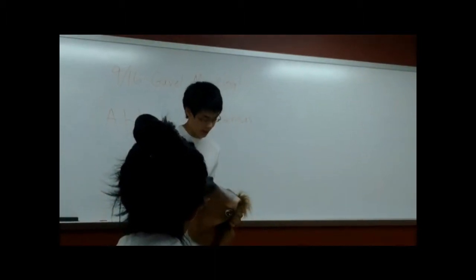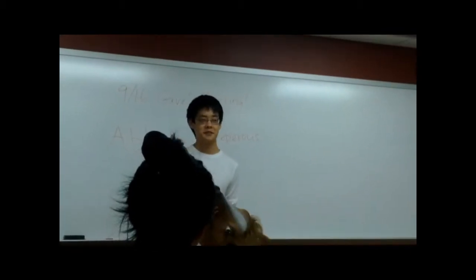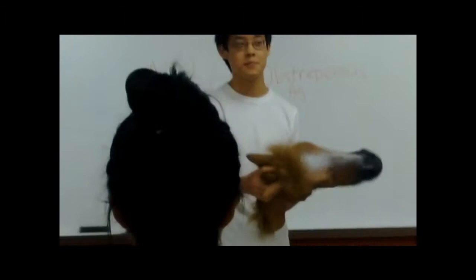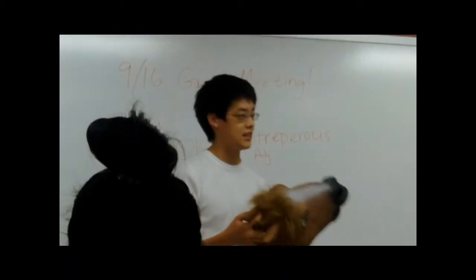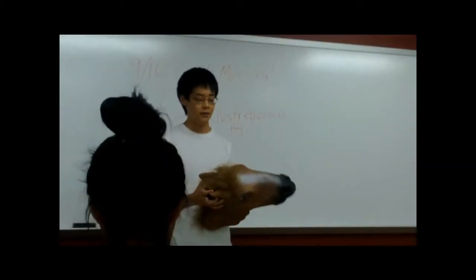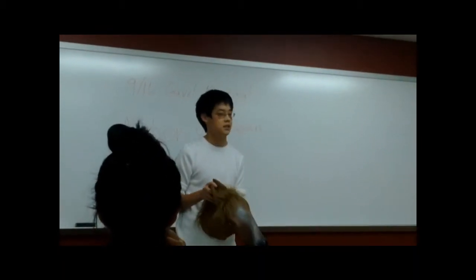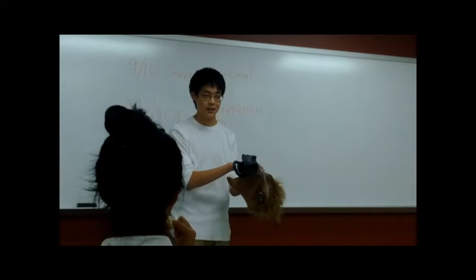wearing it. This past week, I've even experimented with wearing this horse mask. I've gone around school, and at random times, I've put on this mask and tried to see what the reactions around me were. So I would be walking down the halls with a horse mask. I would be greeting teachers by going to classrooms with a horse mask. I would be getting a drink of water, which is actually impossible because it's a long muzzle, with a horse